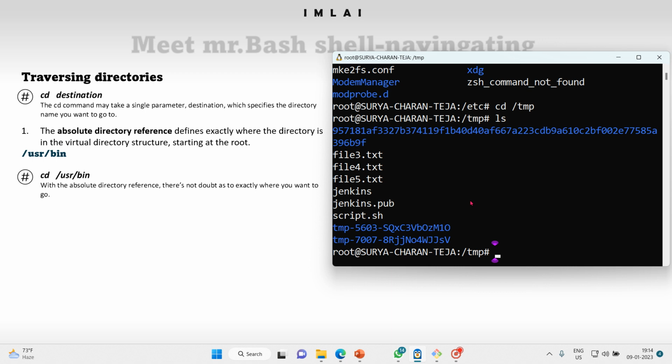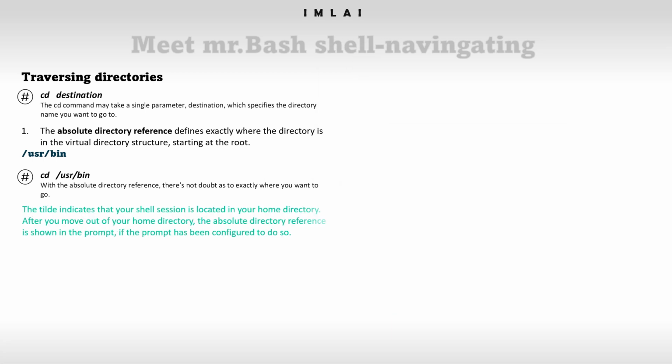That's how you can use the complete absolute path to enter. That's called an absolute directory reference. Whereas, so here you can see, note that point,